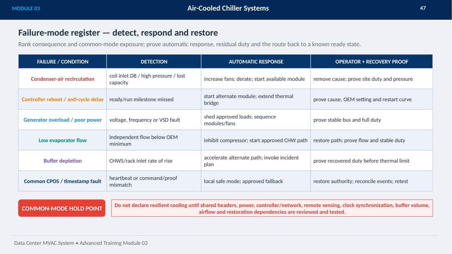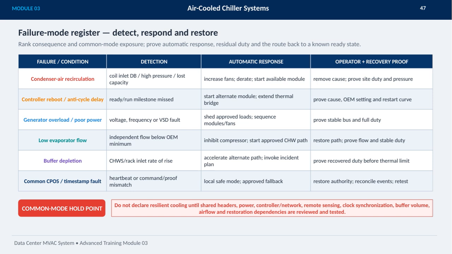On this slide, we focus on the failure mode register for air-cooled chiller systems in data center MVAC applications. The key process here is to detect issues, respond automatically, and then restore normal operation. We start by ranking the consequence and common mode exposure of failures, ensuring that automatic responses are effective and that